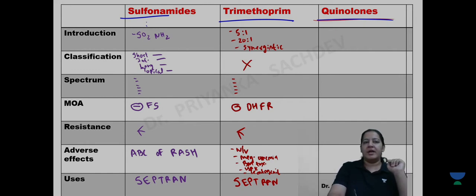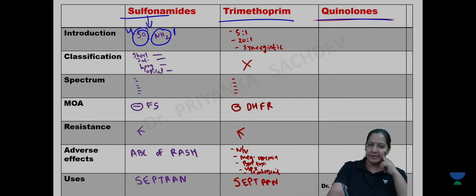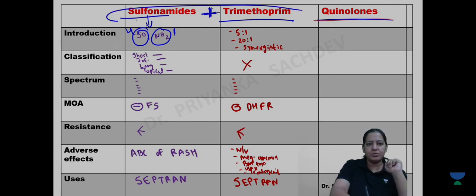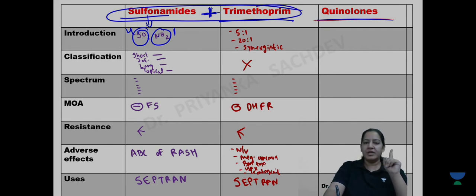So tell me the introduction. In the sulfonamide, write the introduction. Why is it known as sulfonamide? It has a sulfona and amide group. In the benzene, the sulfona group is on carbon 4, the amide group is on carbon 1, right? In the trimethoprim, write down that these both are always used in combination and the combination is known as cotrimoxazole, right? They are combined in 5:1. So in tablet, they are in 5:1. But after going in blood, it will become 20:1.